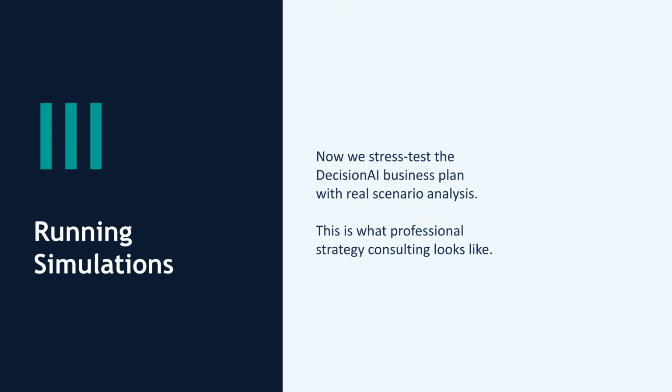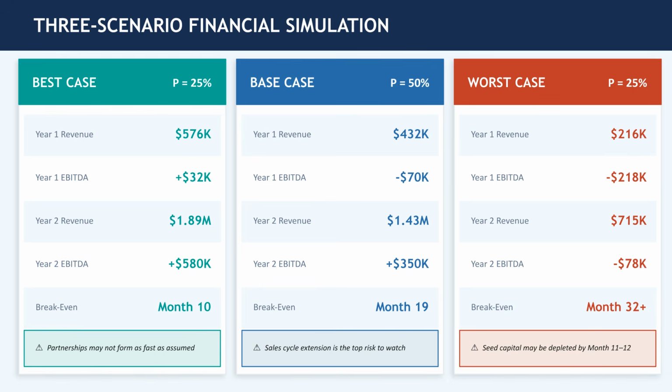Part 3 focuses on running simulations. We will stress test the business plan using a 3-scenario financial model, sensitivity analysis, and a pre-mortem exercise. The 3-scenario analysis shows potential financial outcomes. The worst case, 25% probability, reveals that seed capital could be depleted by month 11 to 12, forcing immediate action